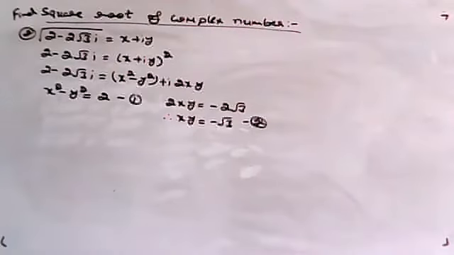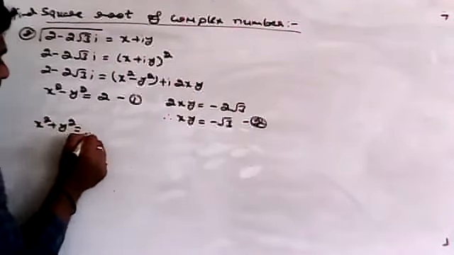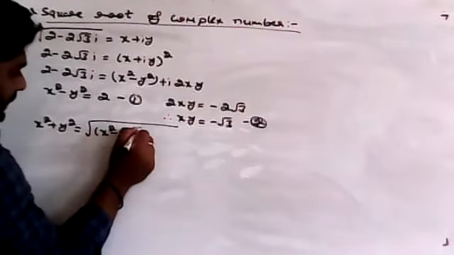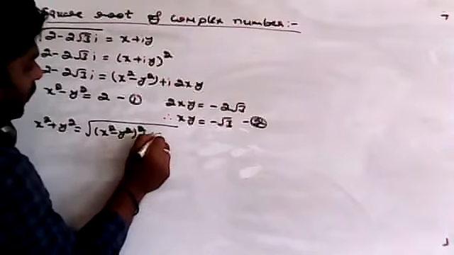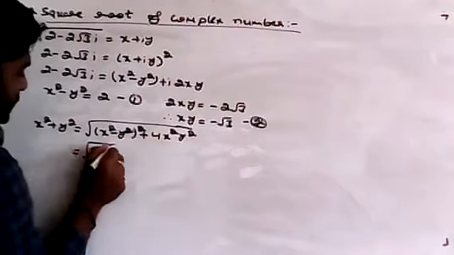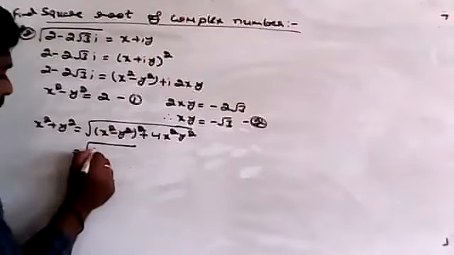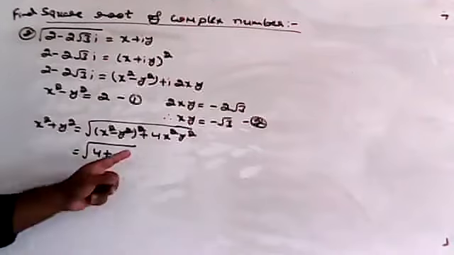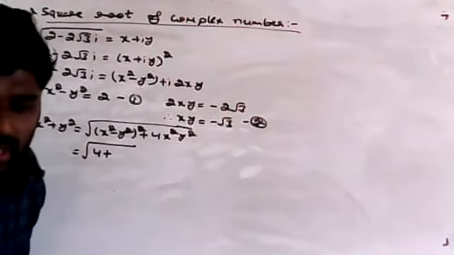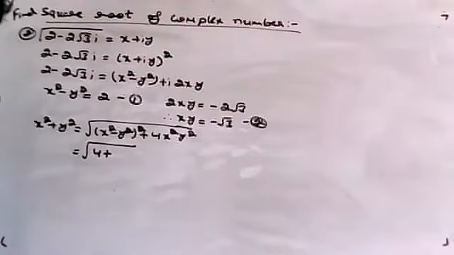Then I'll take this as equation 2. Now we move on to find what? x square plus y square. That formula is what? Square root of x square minus y square the whole square plus 4 times of x square y square. Now put the values here. So can you tell me what you get the value here? So x square minus y square is 2. 2 square is what? 4 plus 2xy the whole square I have to do. Now, if I square this one, what do you get the value? Yes, just check that one. It is not 4,